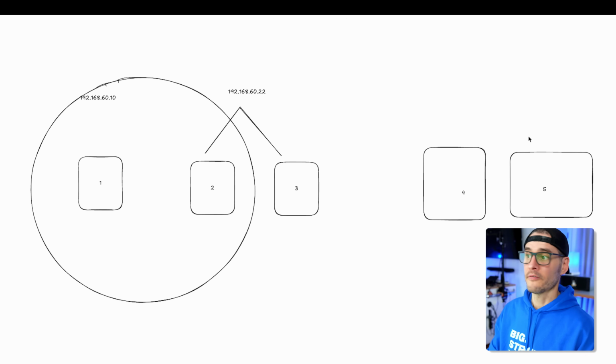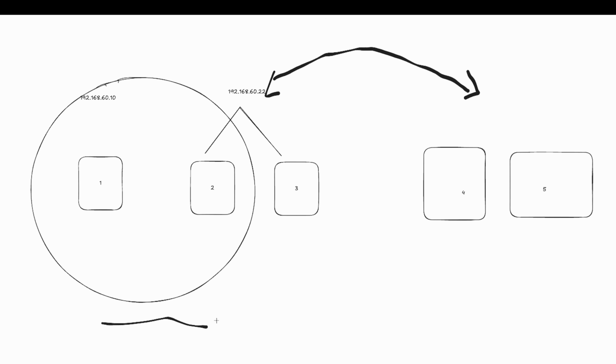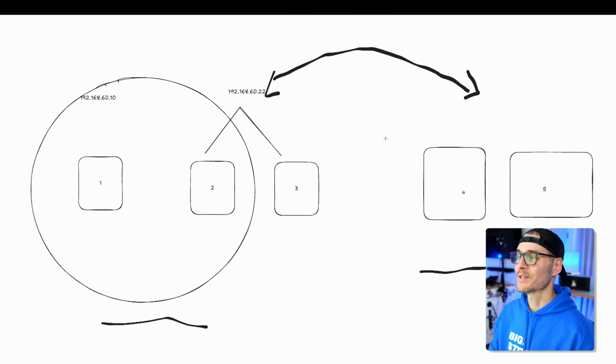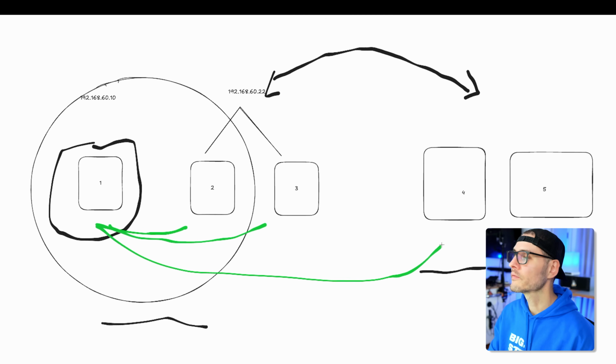So this is what I was saying, I have 5 DNS servers. But what I realized is that if I have a VPN connection to these, I might need to access the same DNS records here at home and here in my colocation. What I ended up doing is running Gravity Sync and synchronizing everything over. So really 1 is my primary DNS, and this is where I make all of my changes. So I make all of my changes here. Then Gravity Sync will push these changes out to all of these machines.